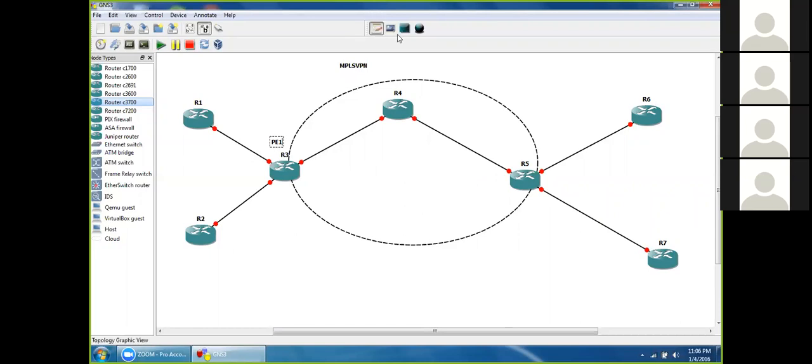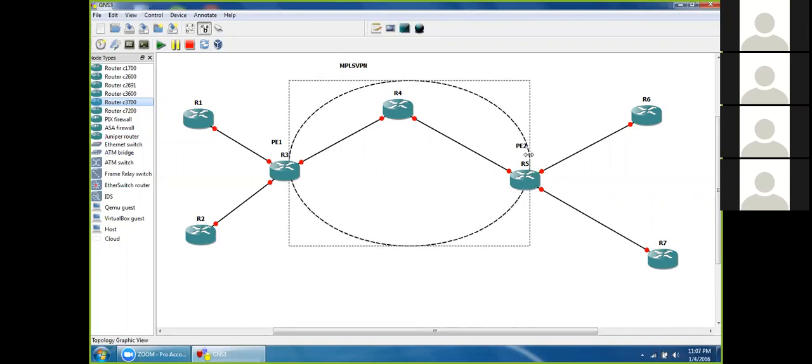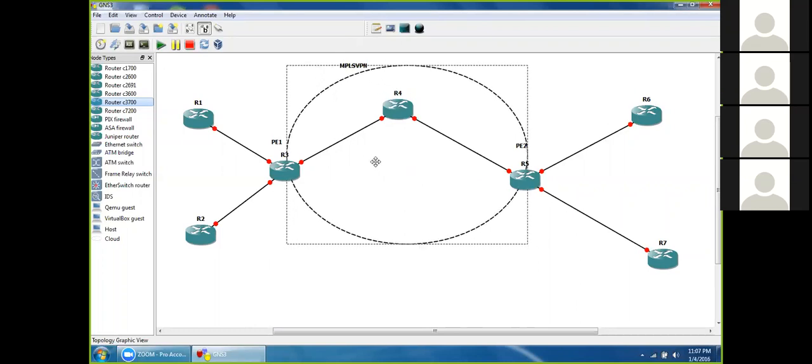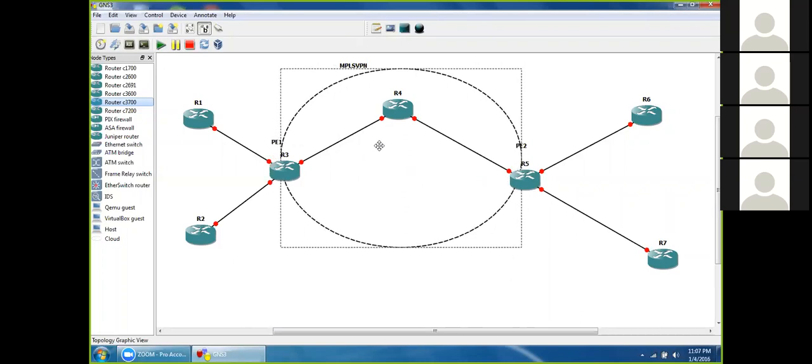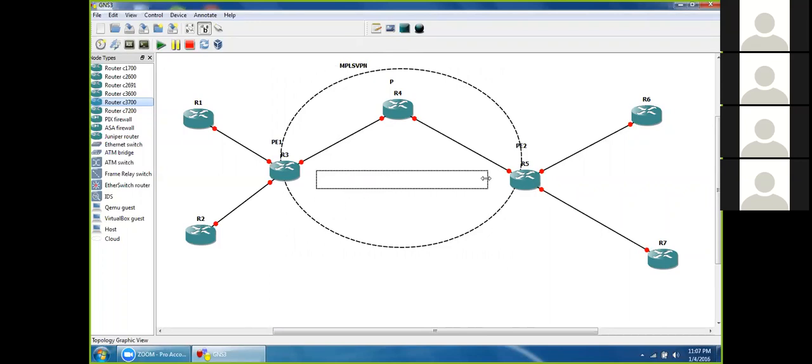Provider edge 1, provider edge 2, P router, and here between R3 and R4, R5, sorry, we're going to run